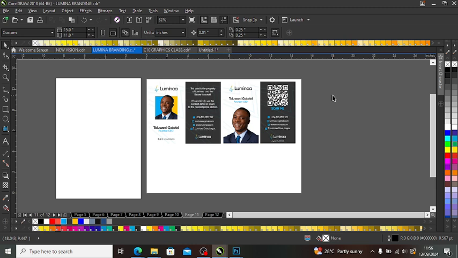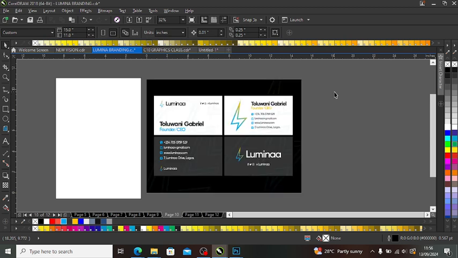So for this one now, we can decide to stick to the background we have, which is using the Lumina background. But I want to bring in the pattern for this one. So I'm going to use the pattern to create the border of the design. But first off, let's bring in the logo. So I'll use